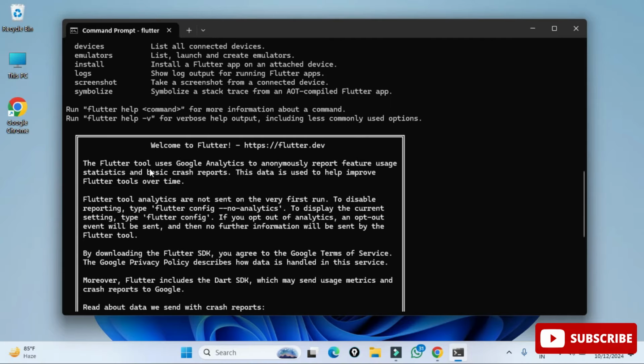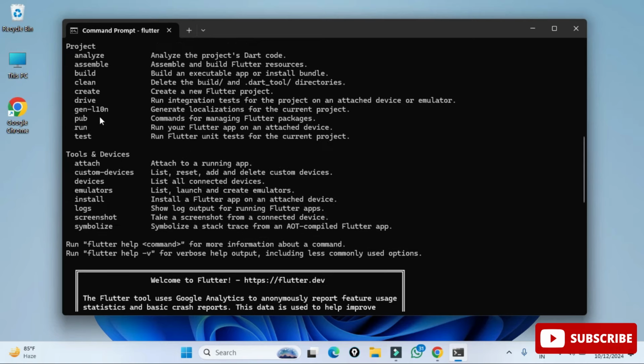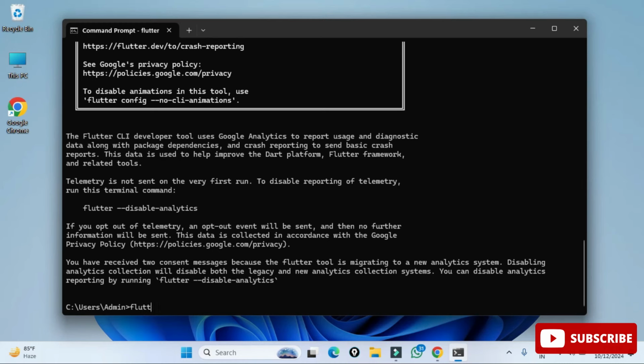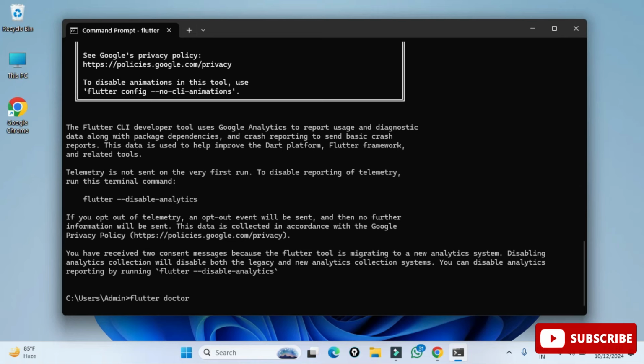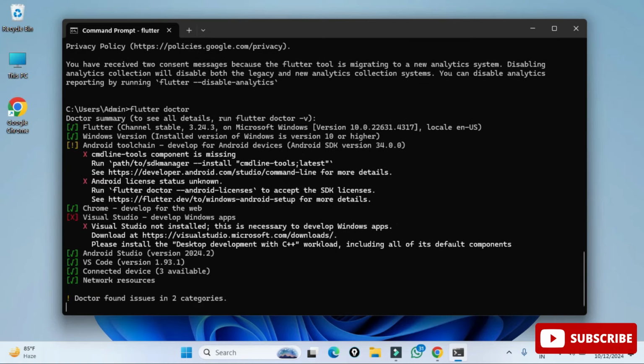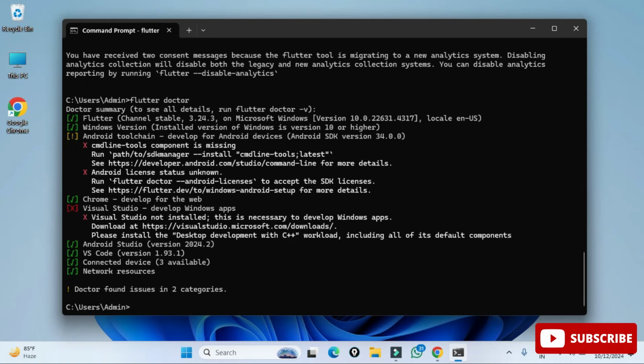Now when you type flutter, it's showing different options or menus. In this there is one very helpful menu known as Flutter Doctor. This Flutter Doctor is going to show you which requirements your system is satisfying, or which requirements are not available on your system. So now see, I'm just typing flutter doctor, and here you can see it's showing me the things which are there on my PC and which are not there on my PC, right?